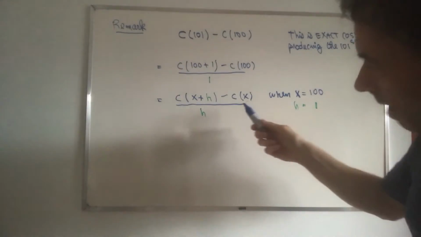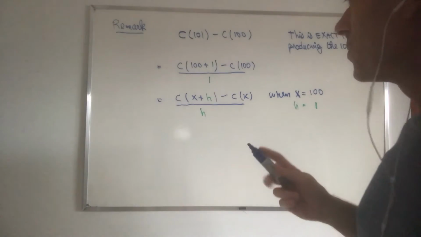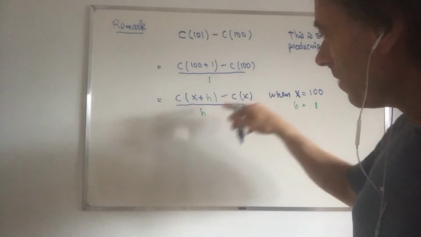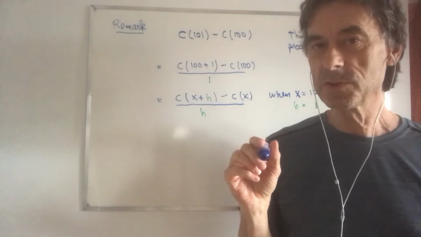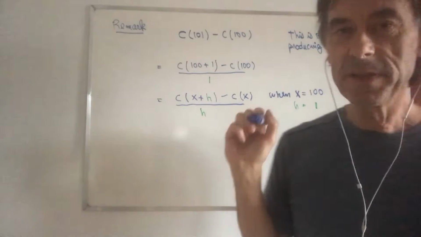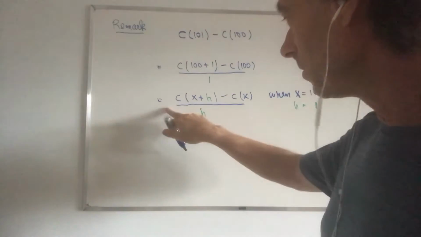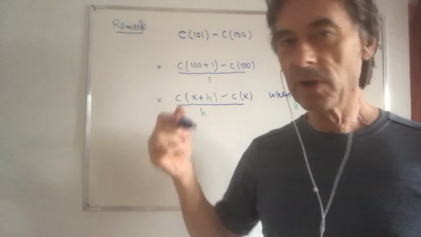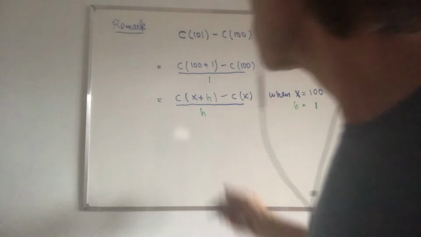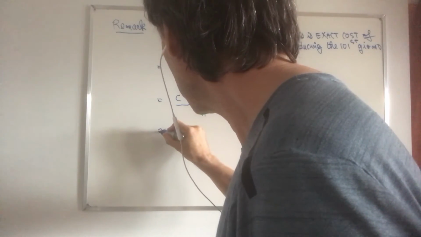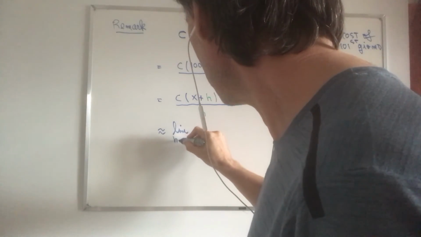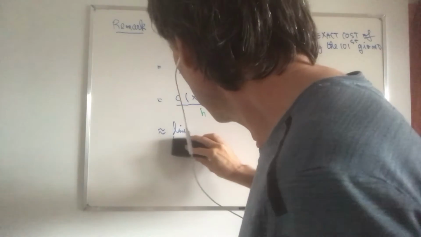Perhaps you recognize this a little bit, because f of x plus h minus f of x over h is something well known to us. What it is missing is a limit in front of that. What would it be if I put here the limit as h goes to 0? It would be the limit definition of the derivative of the cost function. So this is almost equal to the limit as h goes to 0